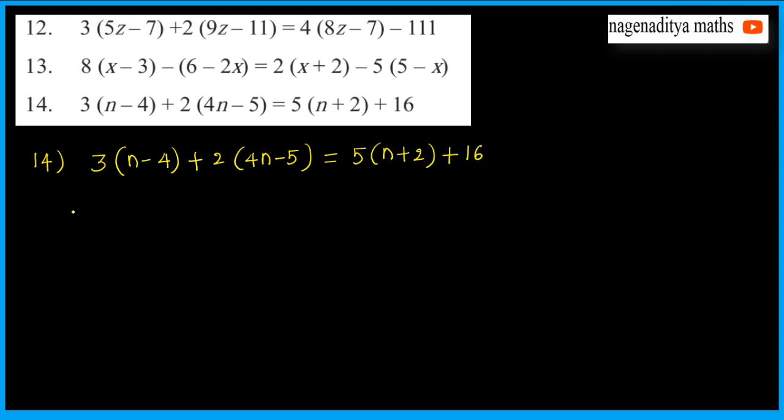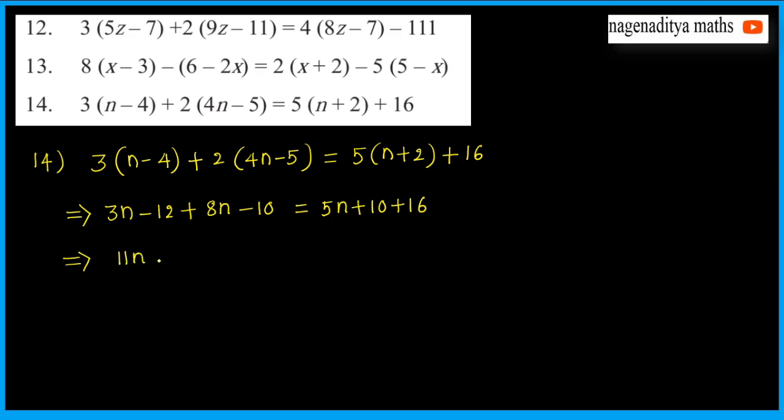Okay, so this implies 3 into n, 3n, plus into minus minus, 3 4s are 12, plus 2 4s are 8n, plus into minus minus, 5 2s are 10, is equal to 5 into n, 5n, 5 2s are 10 plus 16. So this implies 3n plus 8n, that is 11n,